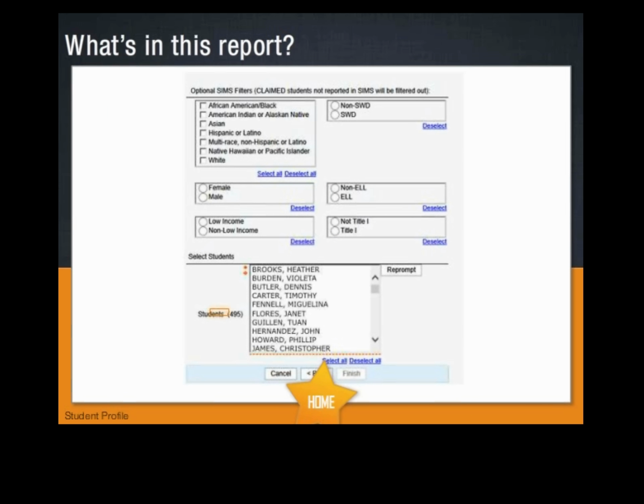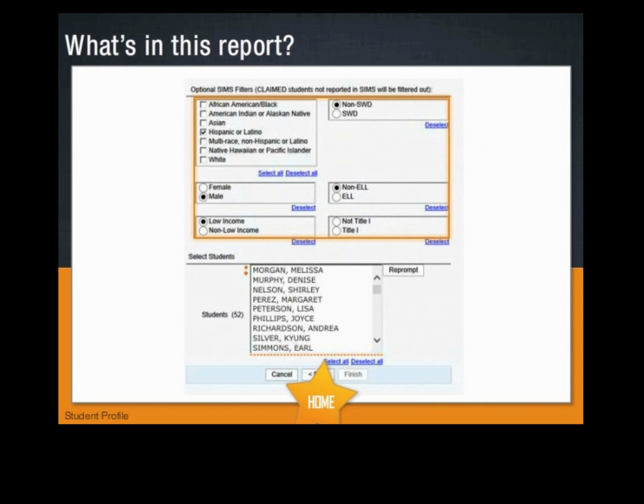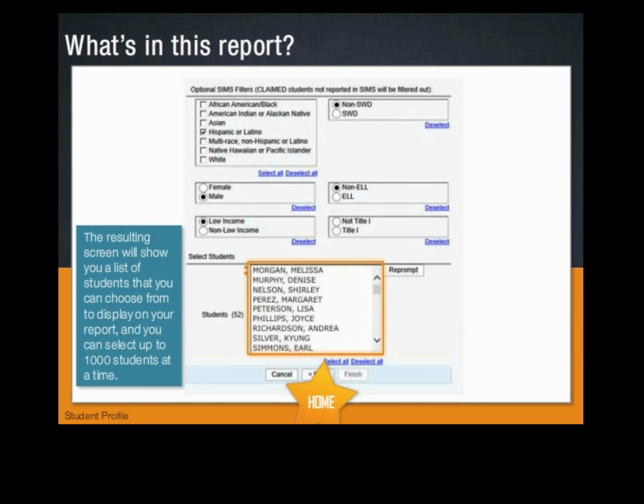As an example, from an original group of 495 students identified at a given grade level, using filters for Hispanic or Latino, male, low-income students who were not disabled or in the ELL program, the number of students to choose from shrunk to 52.